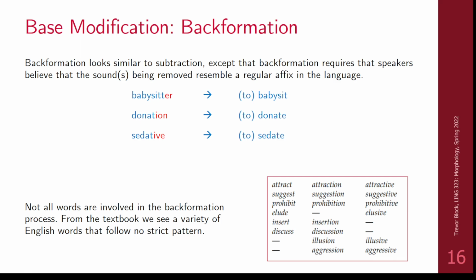Okay, with backformation, this is kind of like subtraction, but with backformation, these affixes like -er and -shun and -iv, the things being removed, look like regular morphemes, look like regular affixes. So babysitter existed as a word, and we derived the word babysit from it because we thought this -er in babysitter was the morpheme that turns verbs into nouns. So we just reversed the process. Donation, same thing. Donation was around first. We thought that this